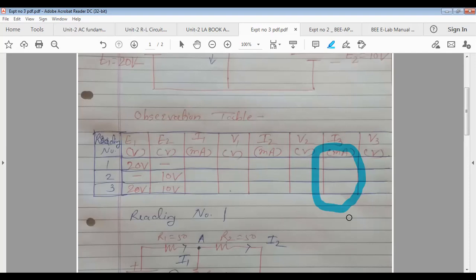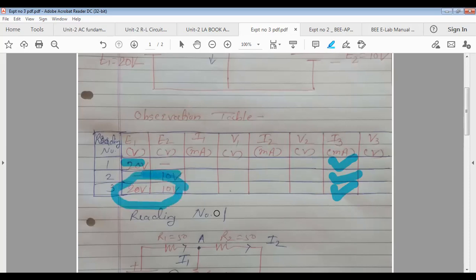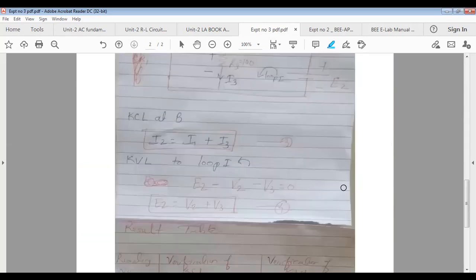Very good. Okay. So I3 of first reading plus I3 of second reading is equal to I3 of third reading, isn't it? That is I3 only due to 20 volt plus I3 only due to 10 volt is equal to I3 when both are there. So this is the superposition theorem, isn't it? You will get RHS is equals to LHS.